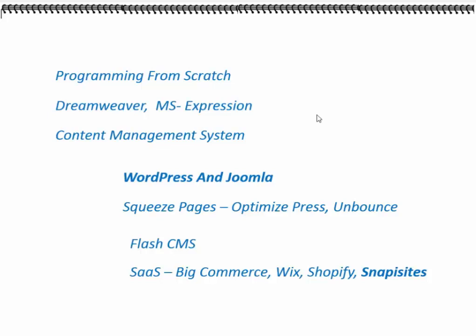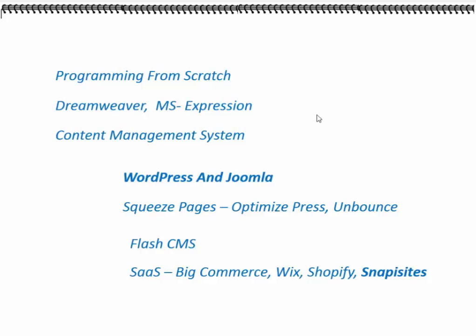So you don't have to start designing from scratch, except it's absolutely necessary, and I don't see why it would be necessary. So there are softwares like Dreamweaver and Microsoft Expression. These softwares would help you to design websites without having any programming knowledge. And then we also have content management systems like WordPress and Joomla. WordPress and Joomla will automatically generate the HTML, the PHP, the MySQL source codes for you, while you're focused on only the design.